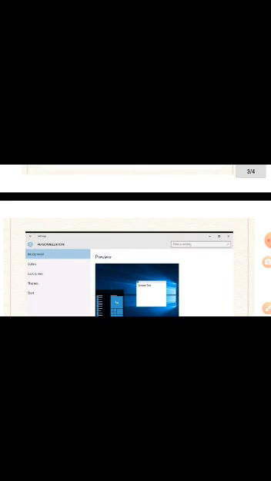By default, the Background option is selected, so when you click here, the background is selected. It is always highlighted, always selected. If you want to change the background, you keep it selected. If you want to change the color, you go to the Colors option in the left pane. If you want the lock screen, you go to the Lock screen option. If you want to change the theme, you go to the Themes option. If you want to make changes to the Start button, you click on Start.